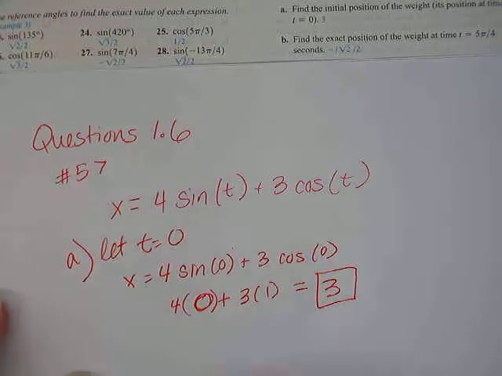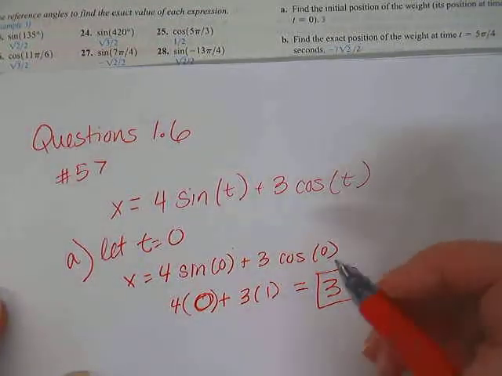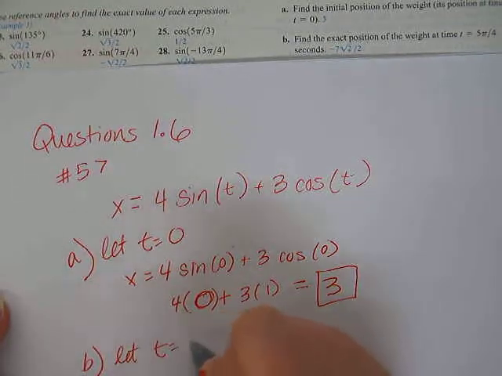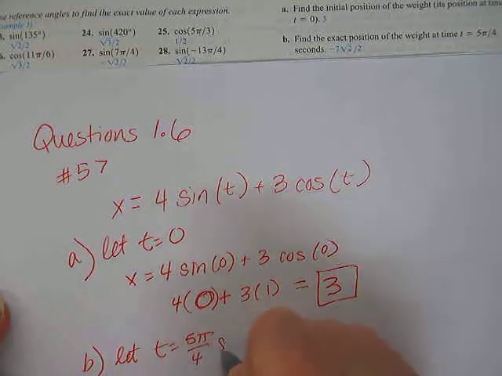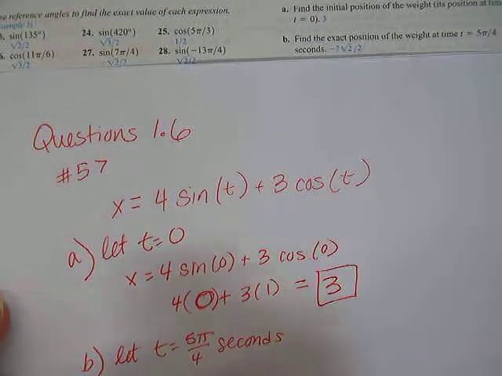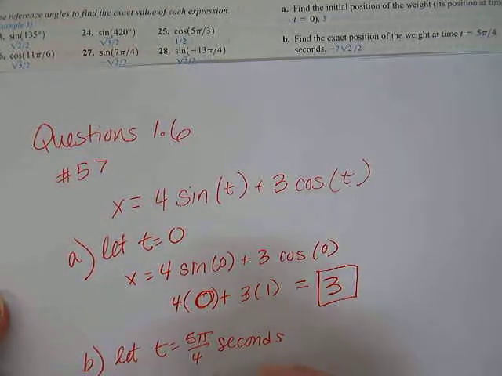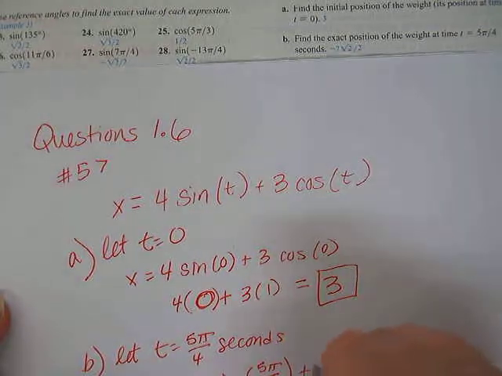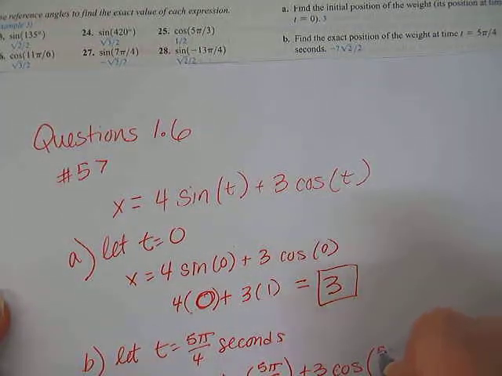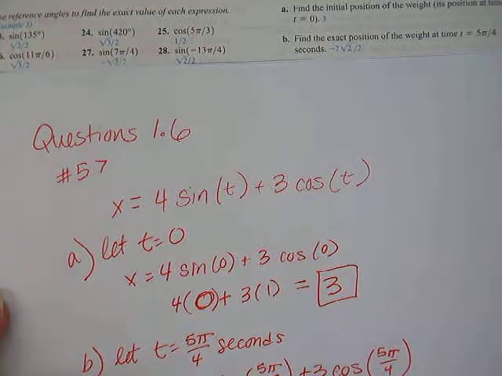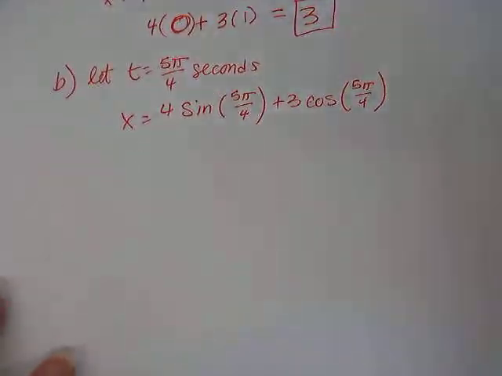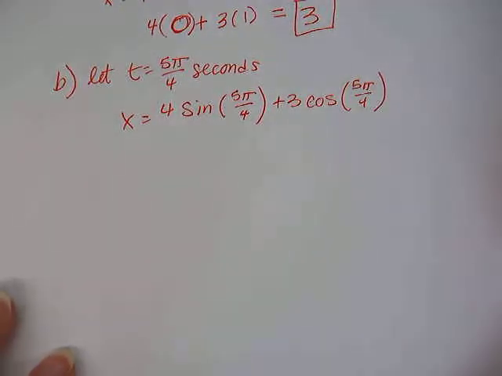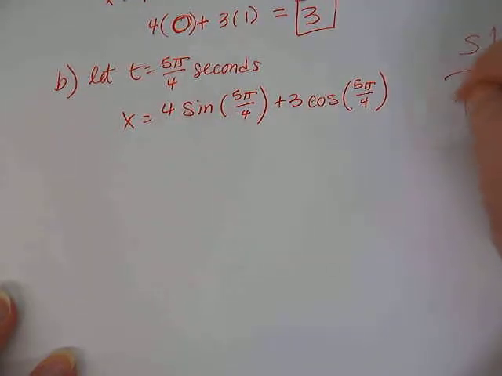Question B. Find the exact position of the weight at time t equals 5 pi 4ths seconds. So for B, we let t equal 5 pi 4ths seconds, and we plug that in. So x equals 4 sine of 5 pi 4ths plus 3 cosine 5 pi 4ths. Since it's a pi 4ths angle, pi 4ths is always a square root of 2 over 2 ratio. However,